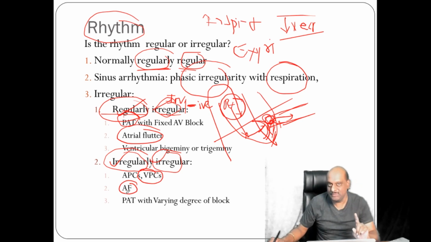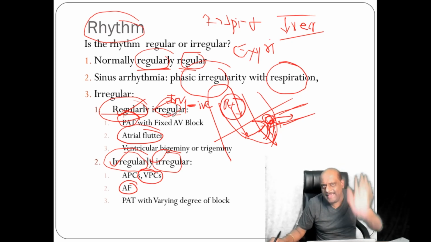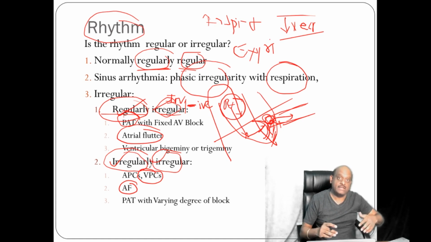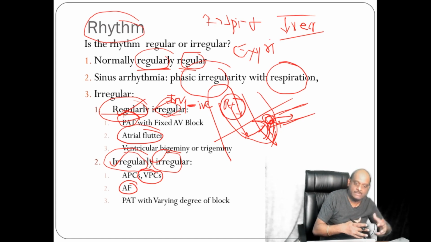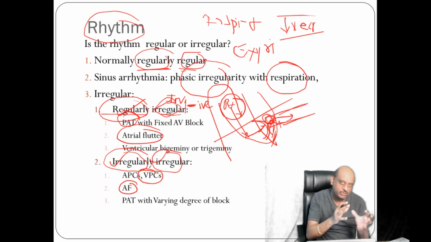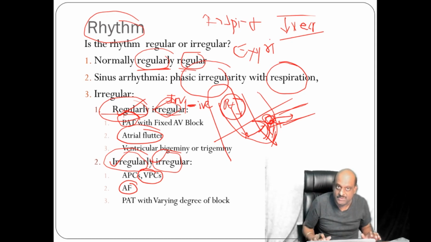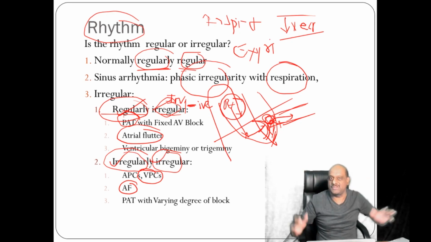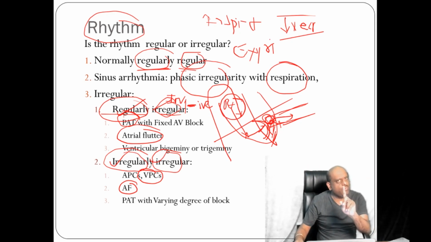But let me tell you, these are all theory discussion. It's not that the patient the examiner brings tomorrow in the final MBBS exam will be irregularly irregular to check whether you will be able to find it or not. No, it's not like that. But when the discussion for the pulse comes, the examiner will start ripping you on each of these points. So you should be very sure at least to give one cause for each of these scenarios.